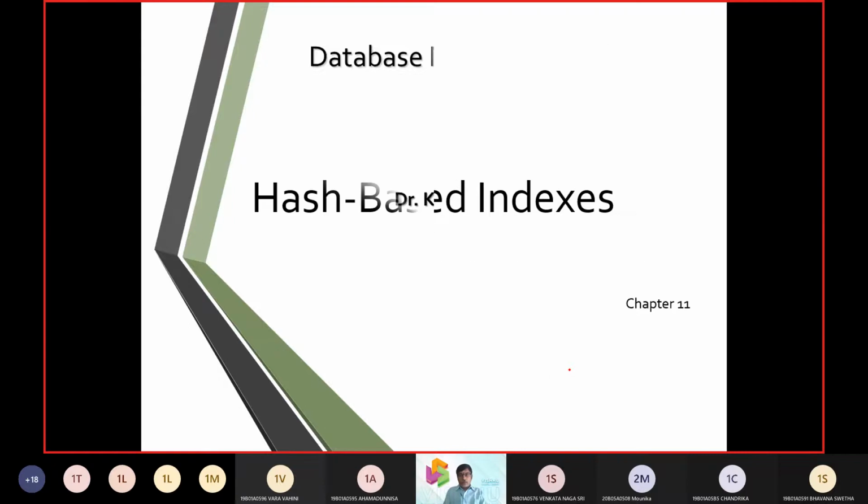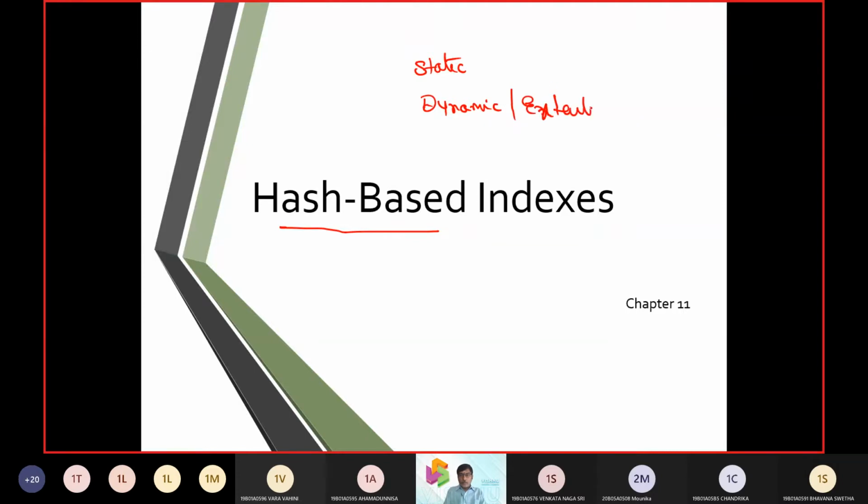In this class, we will be talking about hash based indexing. The objective is to cover certain primitives of hashing. One, we call it static hashing. Two, we call it dynamic or extendable hashing. Using these two techniques, we will work towards generating an index. That was the main aim of bringing out the hash based indexes.